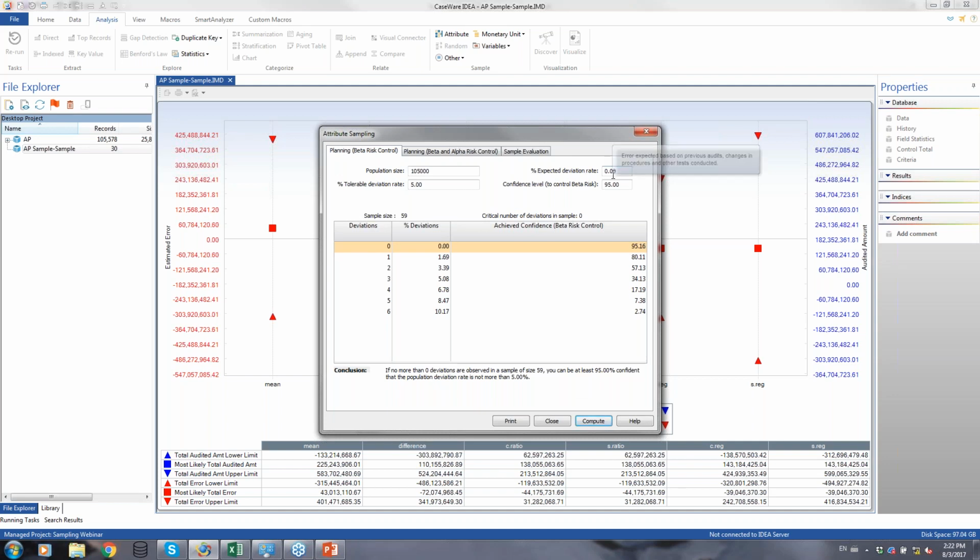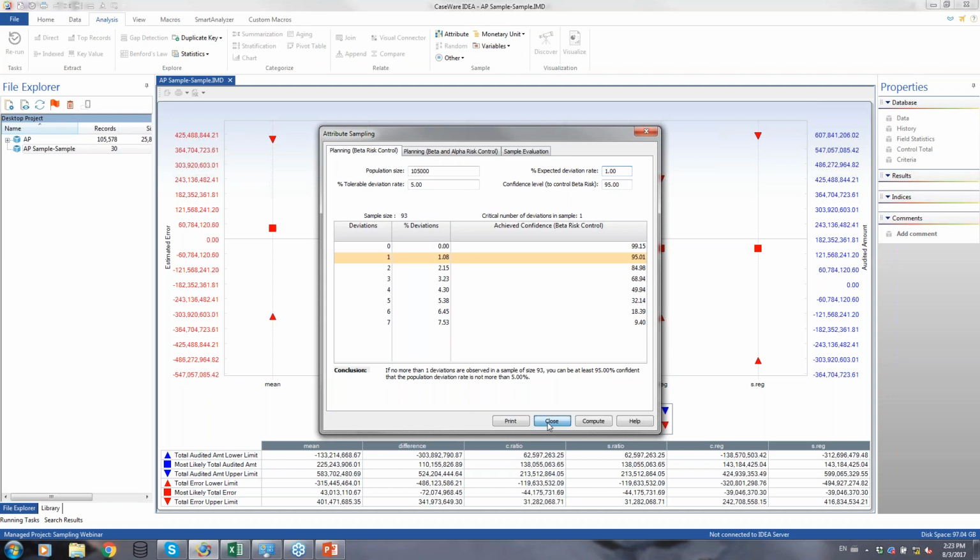The expected deviation rate in the sample, however, if we were to expect some sort of error, we could plug in a percentage here. This would allow us to absorb a control violation, an unlucky one, in the sample if we were to sample 93 items, allowing us to pad the sample with more items in order to be able to absorb one of these